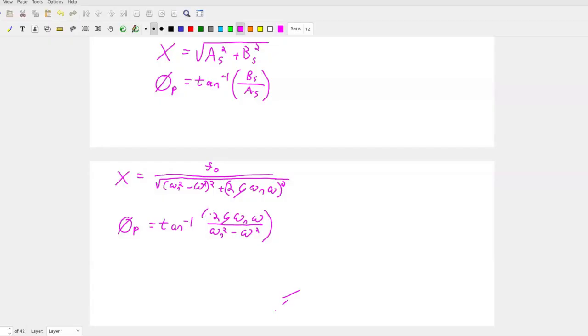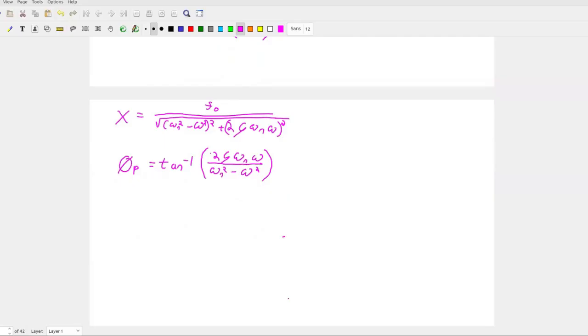Let's clean that up. So what does that actually look like if I put this into an expression? Again, my expression is x of t. I'm going to put brackets here this time for clarity, is equal to x homogeneous solution, which of course is a function of t, plus x particular solution, which of course is a function of t. And so if I write out this whole solution, I get x as a function of t